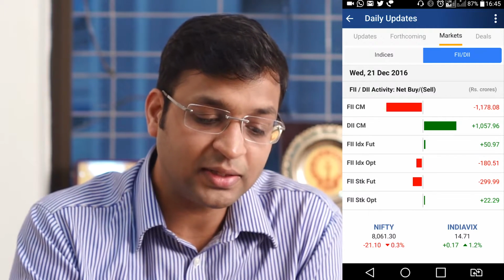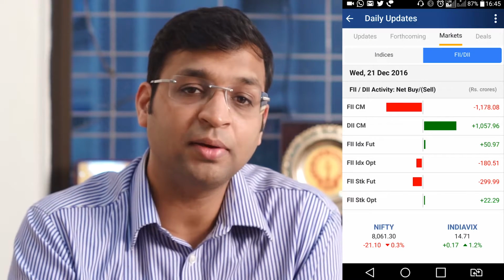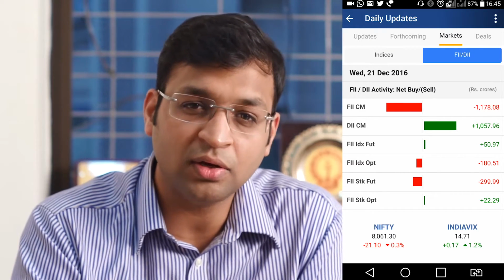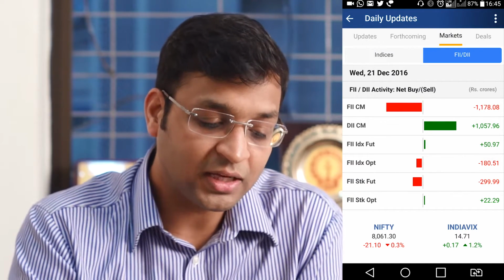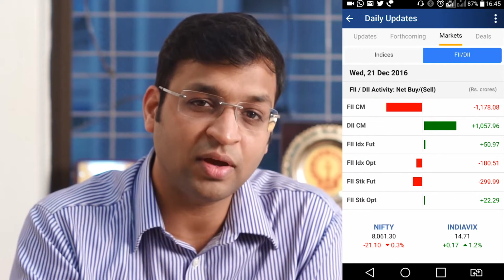And in this market tab, there is something called FII DII. Now FII, or FPI in today's language, they are the major market movers because they contribute significantly to the shareholding of Indian corporates, and obviously they have a lot of liquidity in hand. So they literally drive the way the market is going to behave macroeconomically.